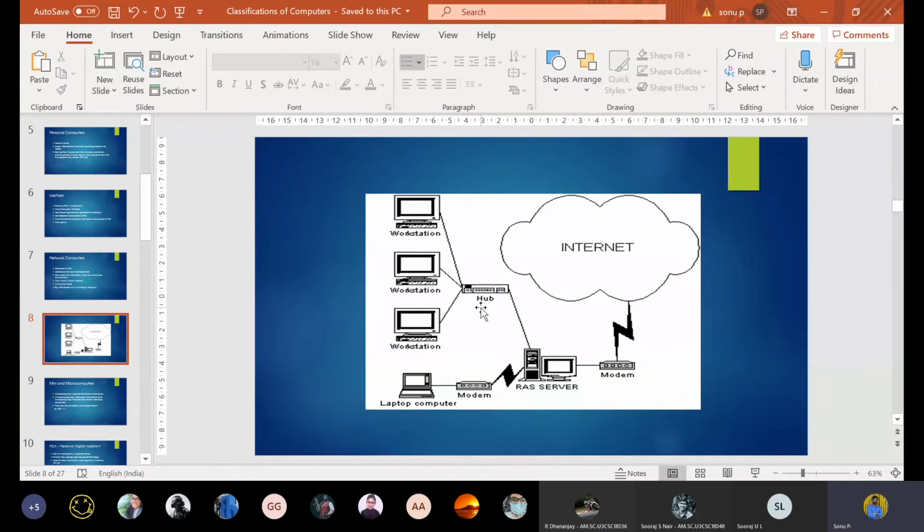For connecting different computers together, you require a switch or a hub. And modems are intended for providing internet connectivity. Wireless modems or wired modems will be there. At home you will have broadband connections and a modem. So a network will have a different collection of computers.